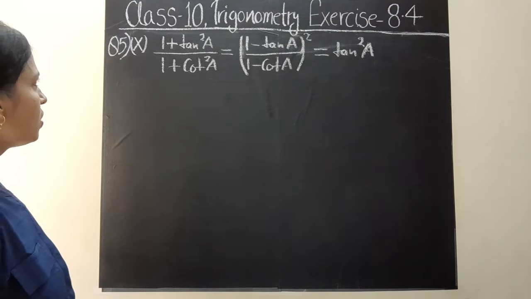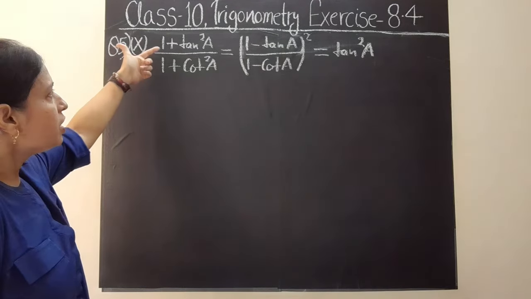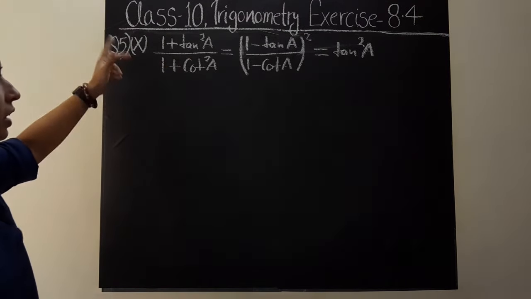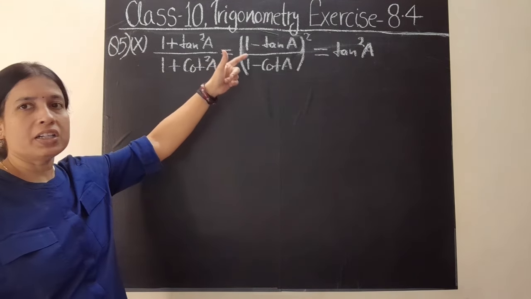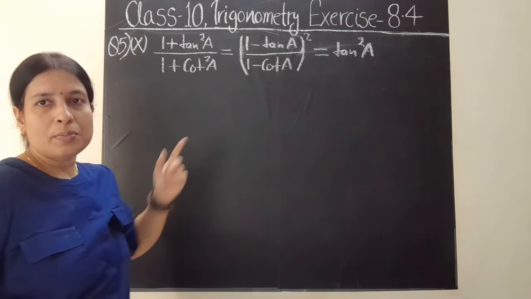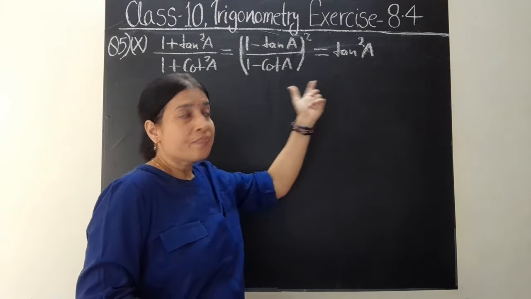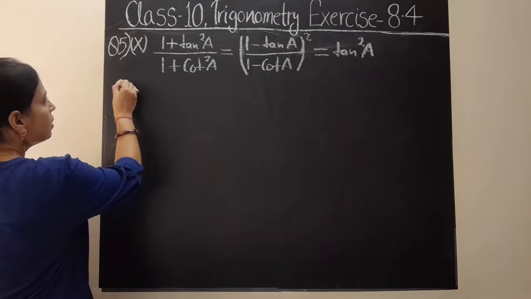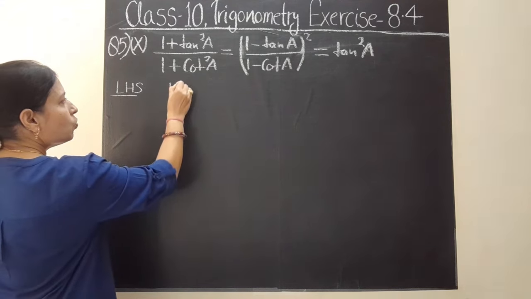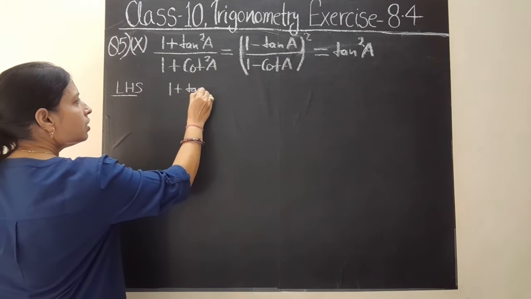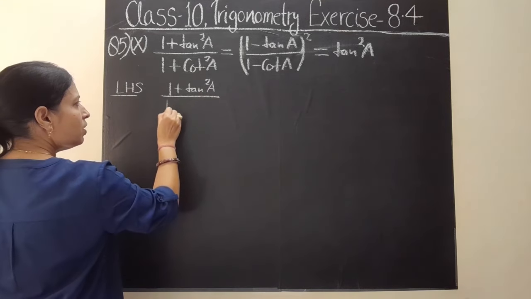So let us see the next question. This one is 10th part of question number 5. It is 1 plus tan square a divided by 1 plus cot square a is equal to 1 minus tan a divided by 1 minus cot a whole square is equal to tan square a. So first we take LHS. So write here LHS. LHS is 1 plus tan square a which is divided by 1 plus